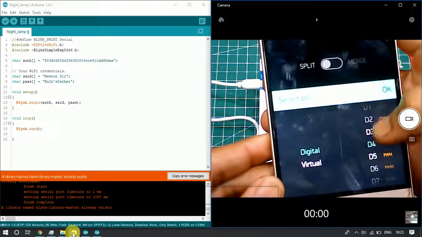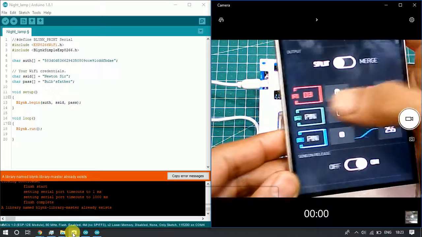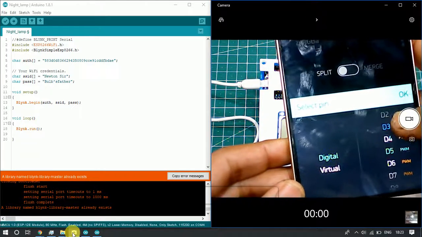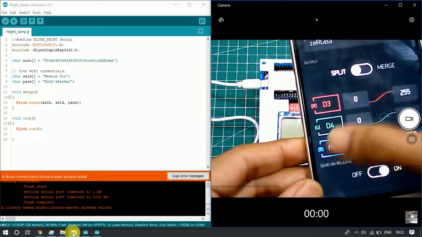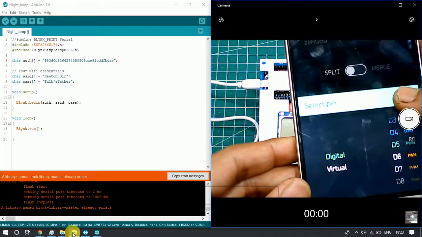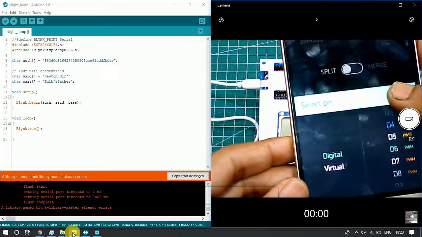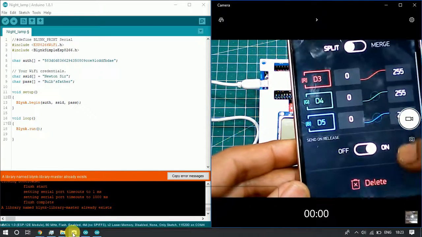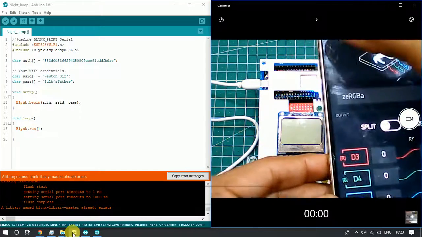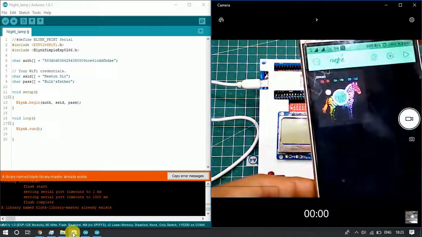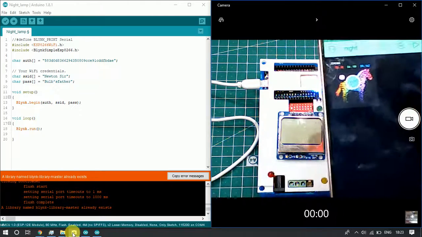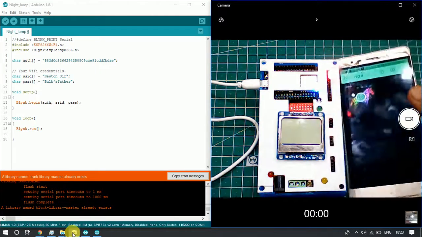We have digital pins D3, D4 and D5. So these are the RGB pins that are connected to the NodeMCU board. So D3, D4, D5 are the digital pins we need to select in our IoT mobile application. So we are done with the setting of the item.